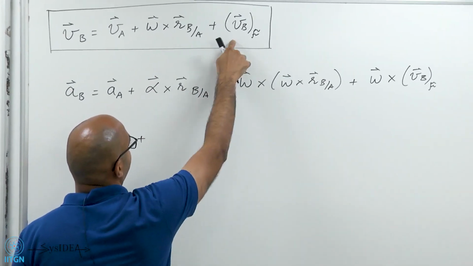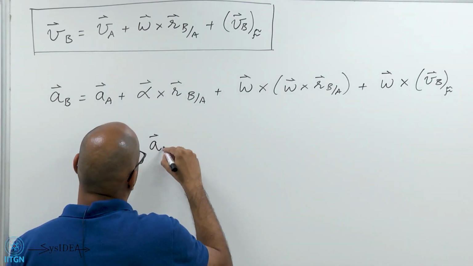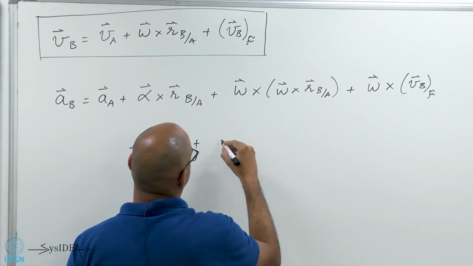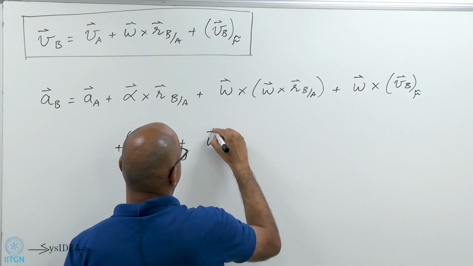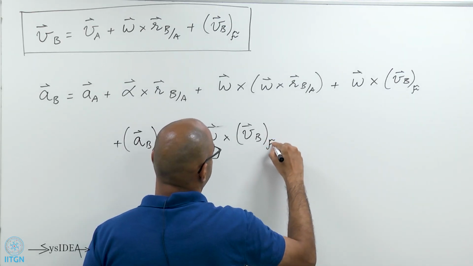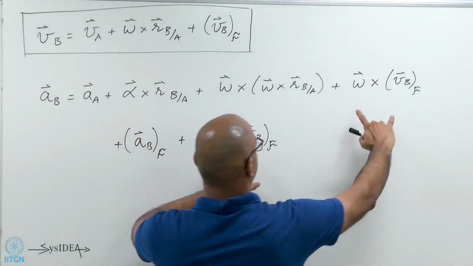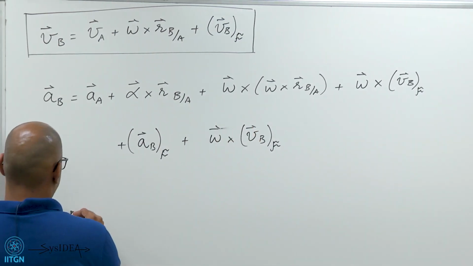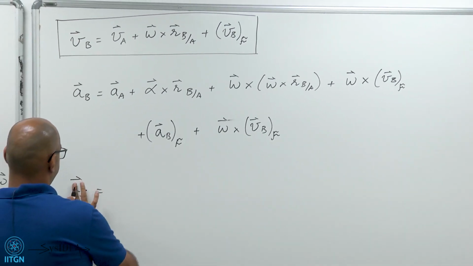Plus, again that derivative will have two terms, one due to change in magnitude, which will just be acceleration as seen from the rotating frame, plus a term due to change in direction, which is omega cross VBF. Now, as you can see, there are two identical terms here. So you can consolidate this and write this as